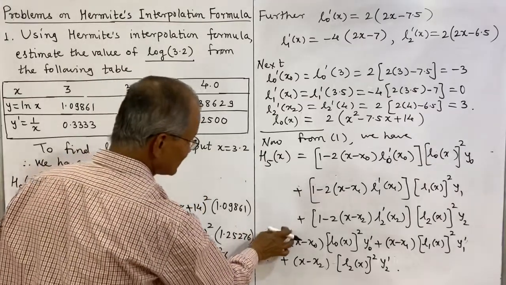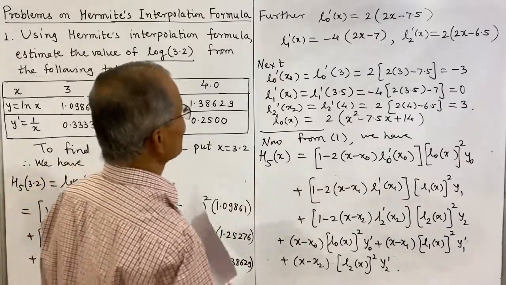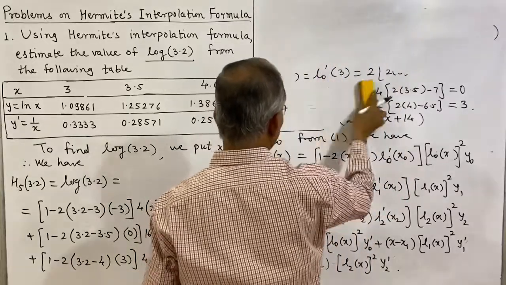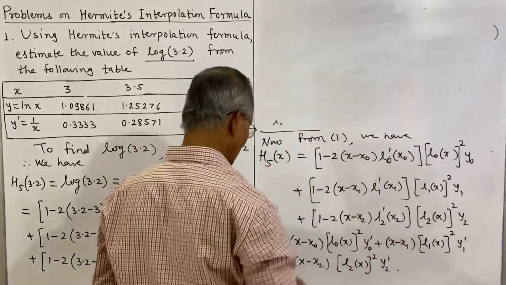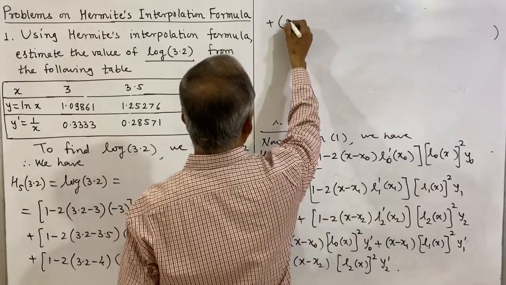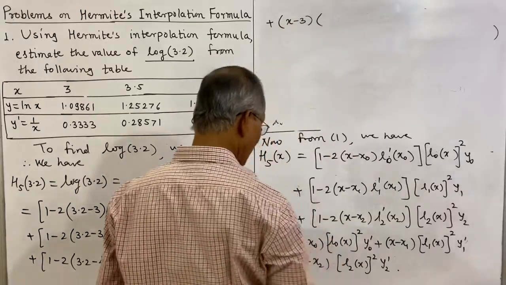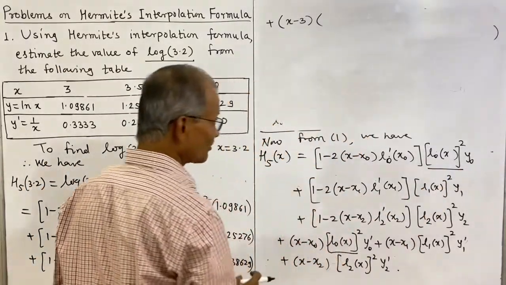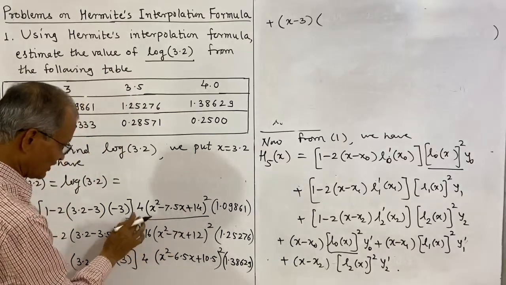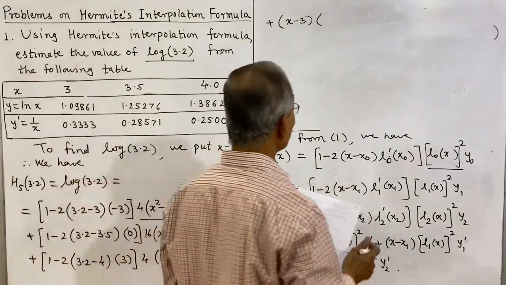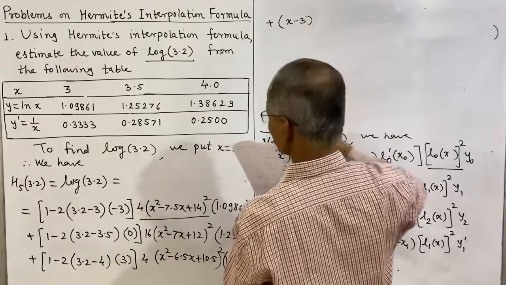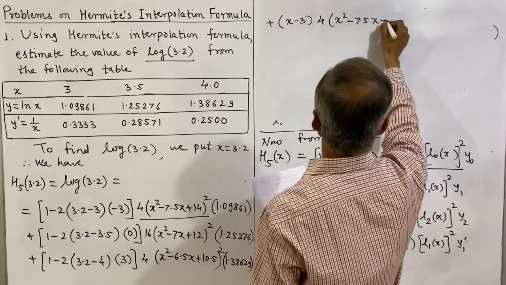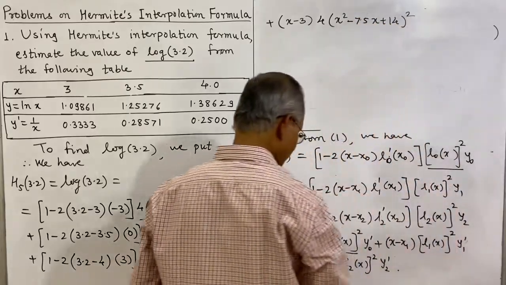So thus we have written these up to this term. Next is x minus x naught, and that I shall write here, plus x minus x naught is 3 into bracket L naught x whole square, and actually this is repeated, see this is the same, so we have written this term here, L naught x whole square with this coefficient 4, so that will be the repeated part. So it is 4 into x square minus 7.5x plus 14 whole square into y2 dash